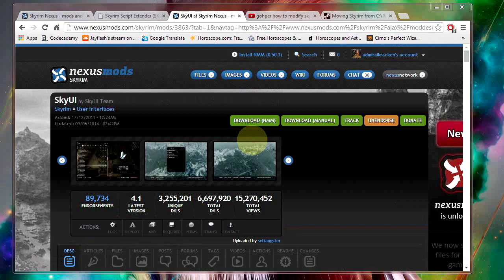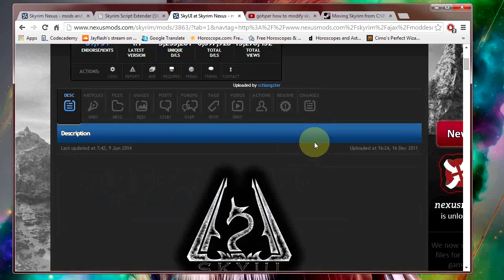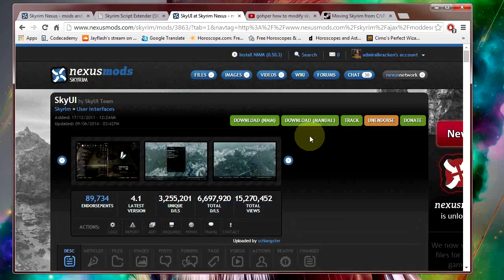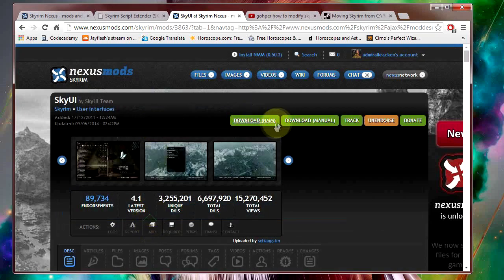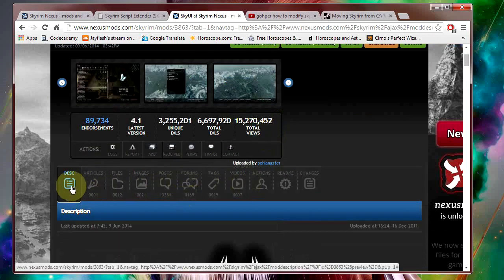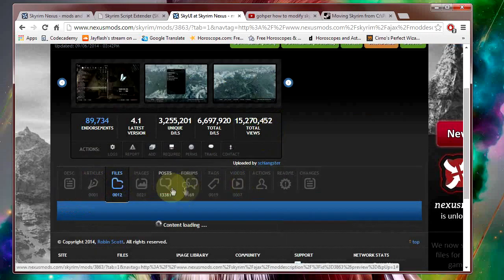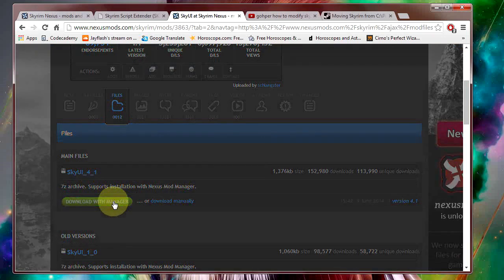the next part. Okay, so now I'll show you how to actually start and set up SkyUI. So this will be an example of what you can do whenever you have your Nexus Mod Manager installed and you want to install a mod. So for this particular demonstration, we're going to use SkyUI. So when you go to the web page, you'll see a few little tabs here: description, articles, files. We're going to go to files. We're going to get SkyUI. We're actually going to use the manager,